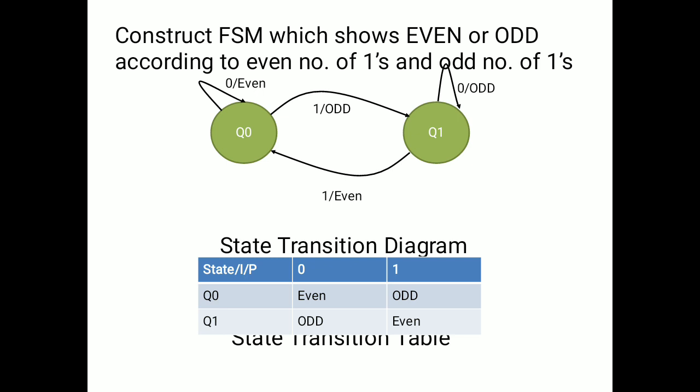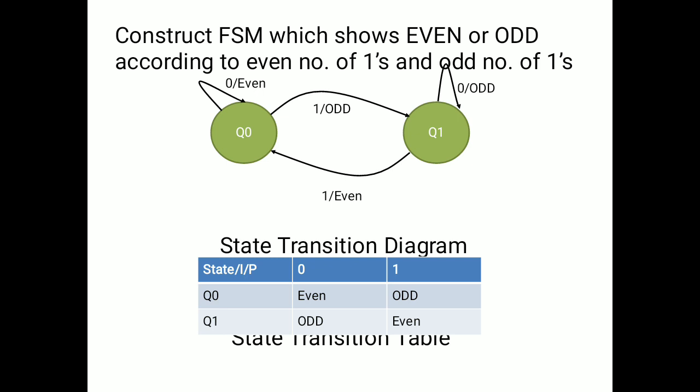If our string is 0 1 0 1, so 0 1 0, and after that at Q1 if 1 is coming, then it will go again to Q0 with output as even, because the 0 1 0 1 string generates 1 two times, so it will obviously generate even output, and at the same time it will go again to Q0, because here we are going to check only two outputs, whether the output generated is even or odd, so it will use only two states, Q0 and Q1.